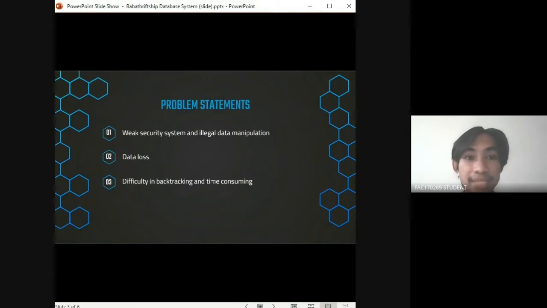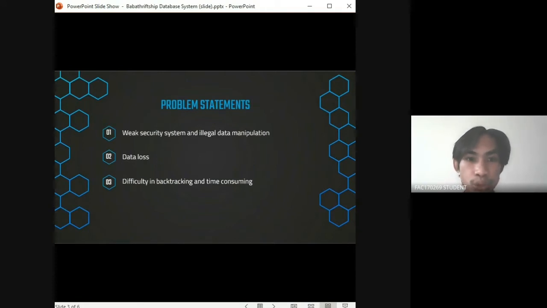Besides that, the company risks losing the data. The current system does not provide any backup system. Therefore, they cannot retrieve the data that has been deleted accidentally.